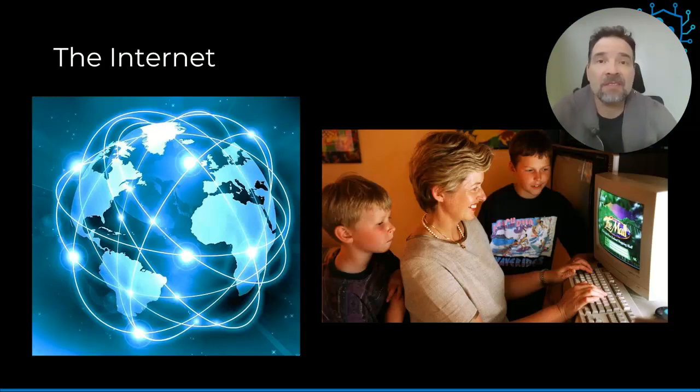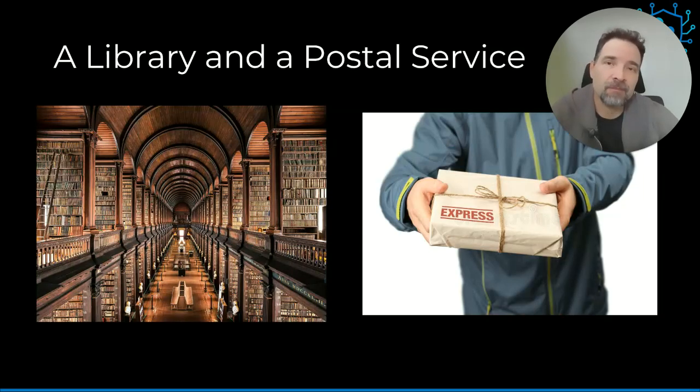The internet was invented in the early 60s, and for almost 30 years it was used exclusively for scientific and academic research. And then in the early 90s it became available to the general population. Because connection speeds were so slow in the beginning, the use was very limited. So it was mainly used as a library and a postal service, a very rudimentary postal service.